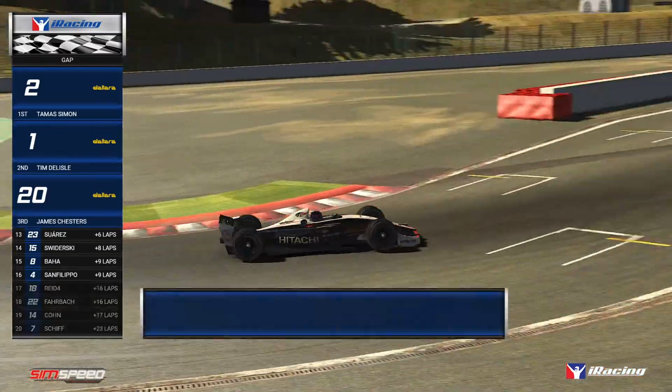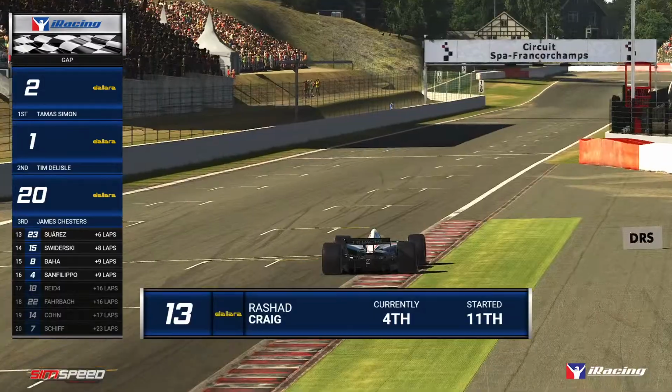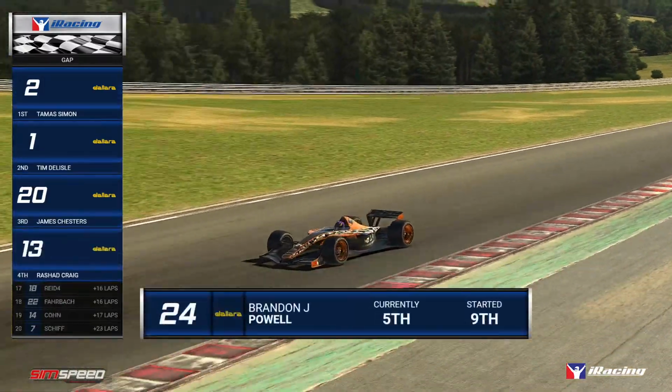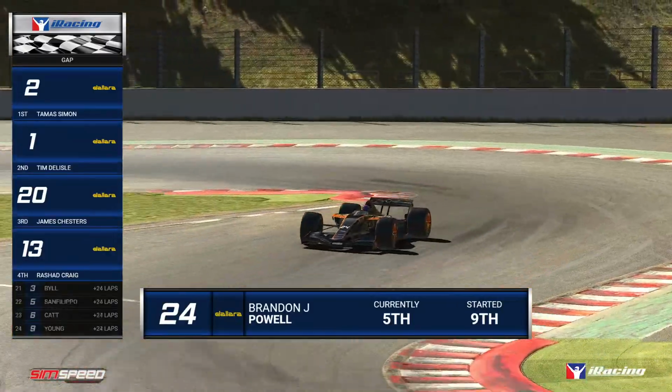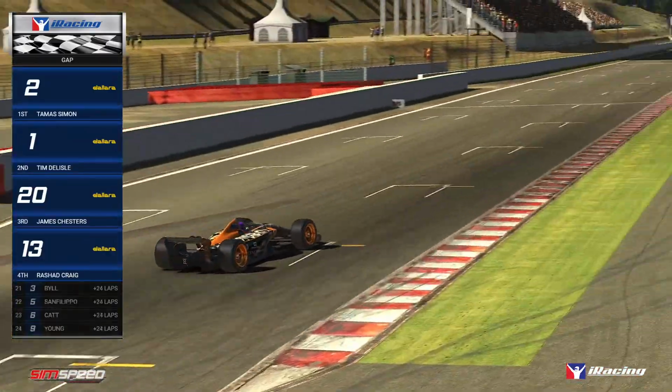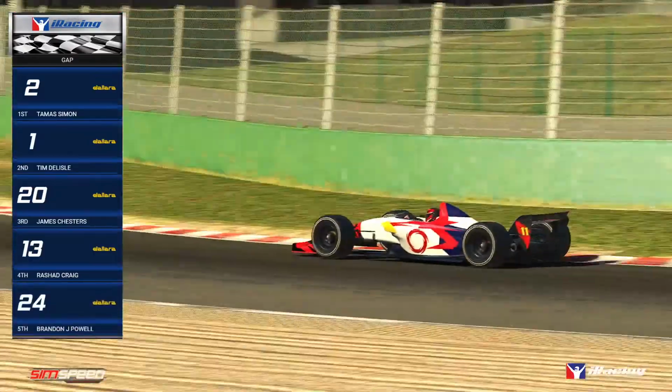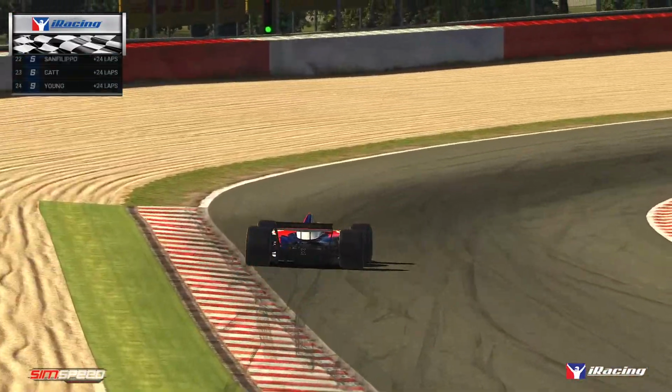It will be fourth place then for Rashad Craig, and he will kick the curb after an 11th place start and say, "Gosh, I had a chance here today." Brandon Powell there with a P5 finish, not bad. And talk about big movers and shakers. 6th, 7th, 8th and 9th, all big moving right now. It's still not over, mind you, here